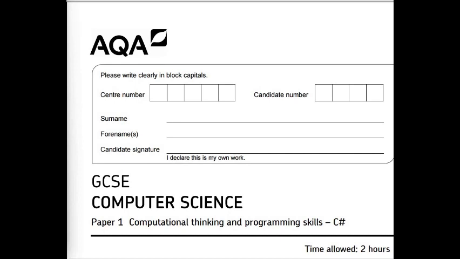So we're going to do a dive into the GCSE Computer Science Theory paper by the AQA exam board. This one is a paper 1, and this particular paper is from the perspective of C#. But before we get started,